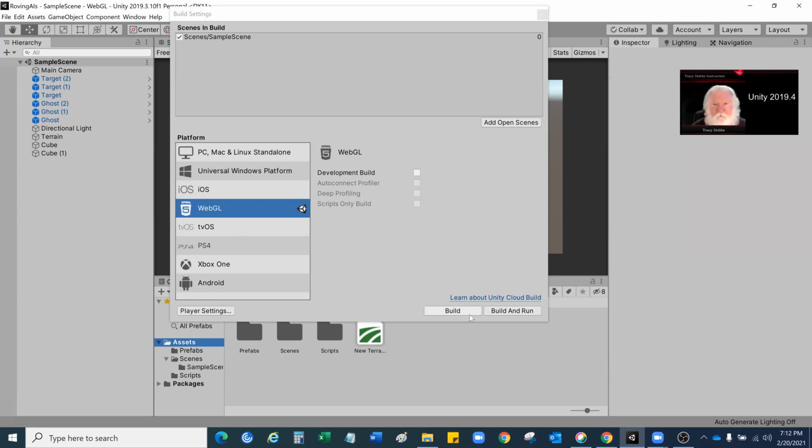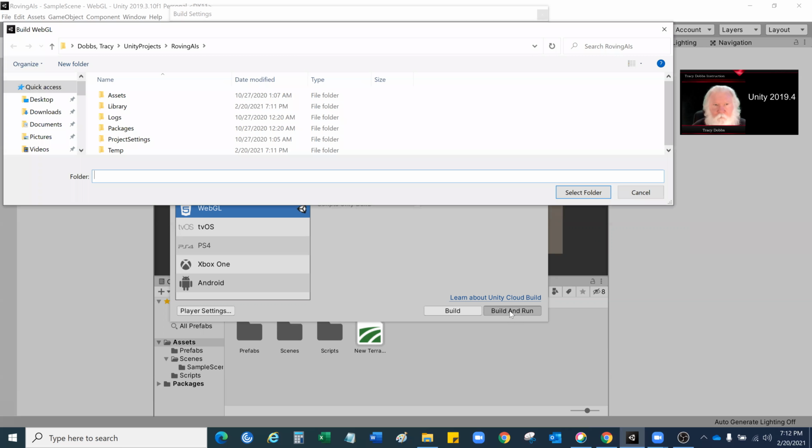All right, now the next thing we need to do, we can either do it from where we are, build and run, or you can go back up to File, and there is a build and run there as well. Of course, there's also shortcuts if you prefer shortcut keys, but you could go either one. Since this is already here, I'm going to go ahead and choose this build and run. Now it wants to know where you are going to put this. You can put this any place on your machine you want to. I'm going to suggest you go into the Unity project, into the project itself,